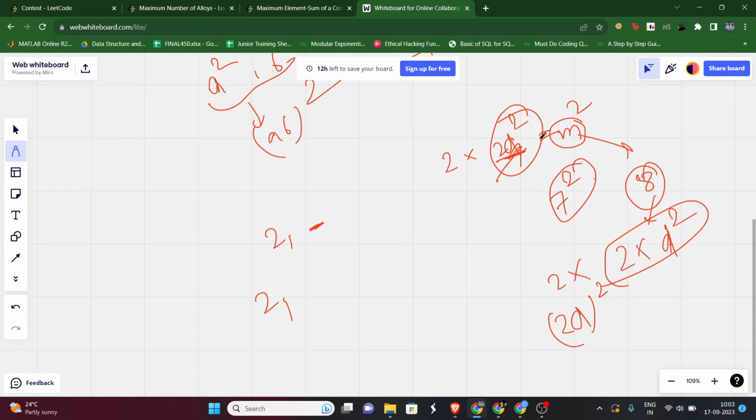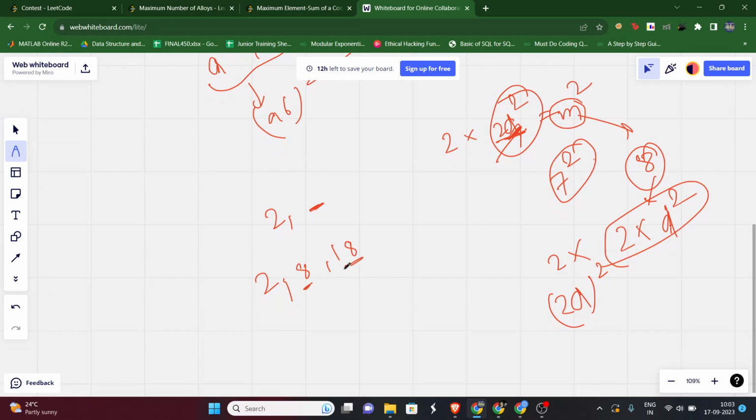So for 2, if we take d as 2, then it will become 8. Then if we put d equals 3, then it will become 18. Now one thing to notice is 2, 8 and 18, because we already know that for every